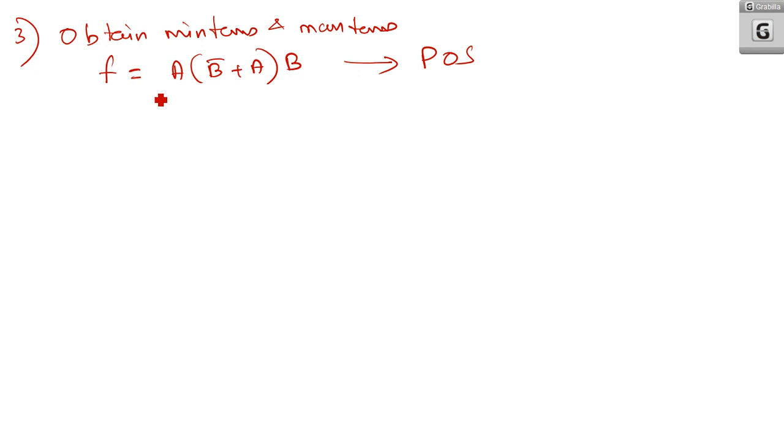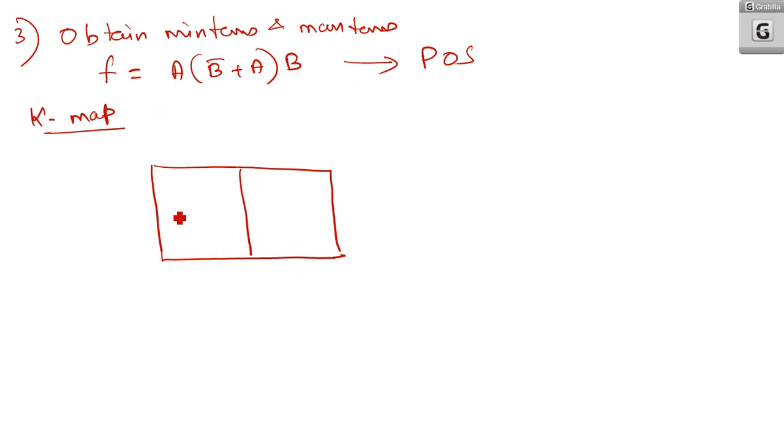Either we can expand it and find the relationship, or we can directly form the K-map. Here I will proceed with the K-map method, and after that I will show the Boolean algebra method. This is in POS form, so we should write only 4 cells. So it is A, B, 0, 1, A bar, 0, 1, and B bar. This is 0, 1, 2 and 3.